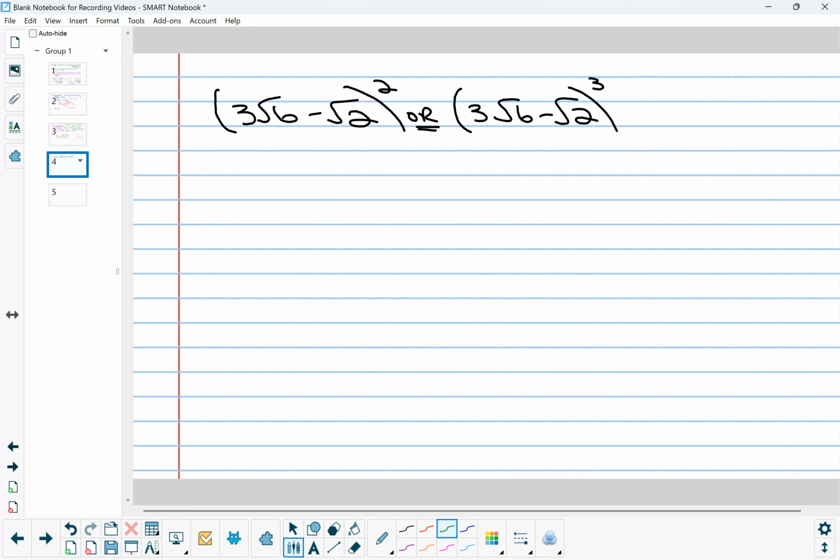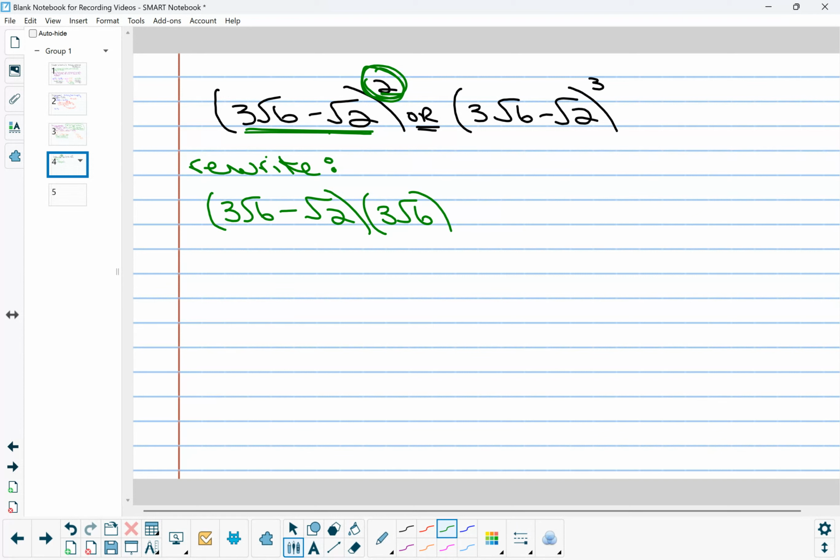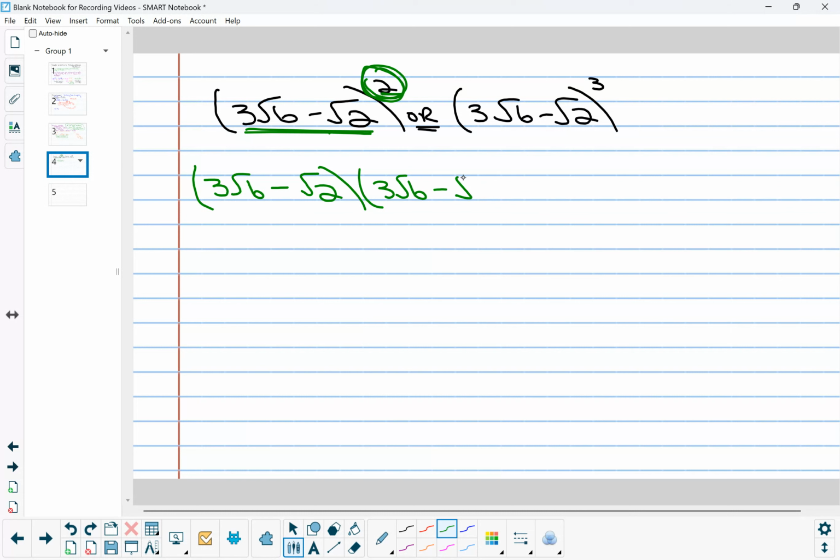So remember that if this is squared, that means that there are 2 of these. So you're going to rewrite this. Okay, so this is going to be 3 rad 6 minus rad 2 times 3 rad 6 minus rad 2, and then FOIL,